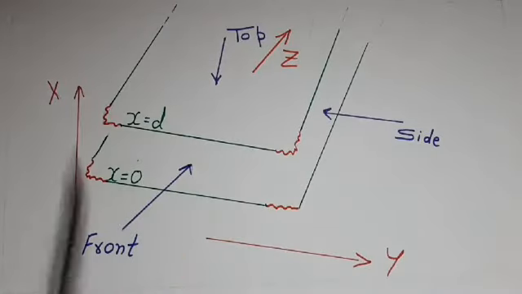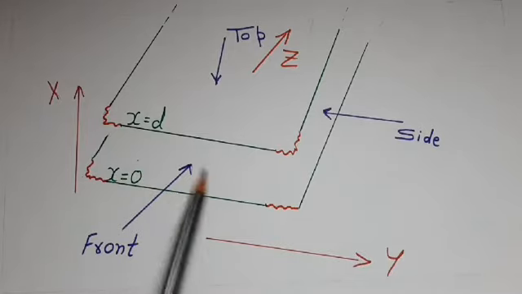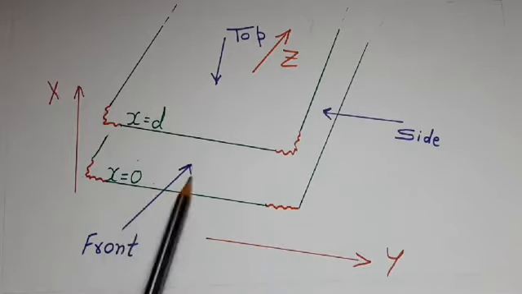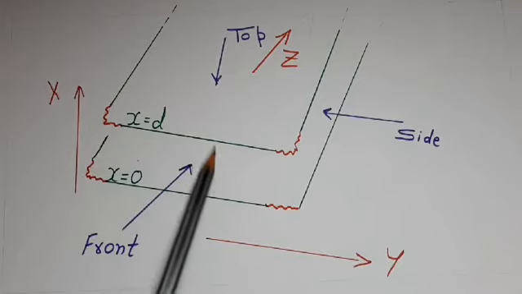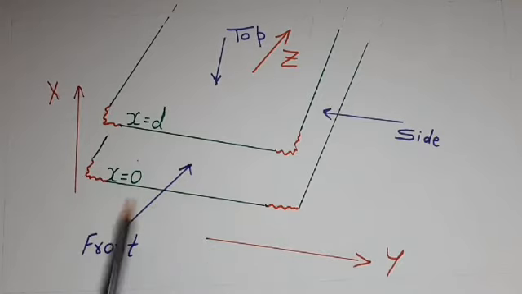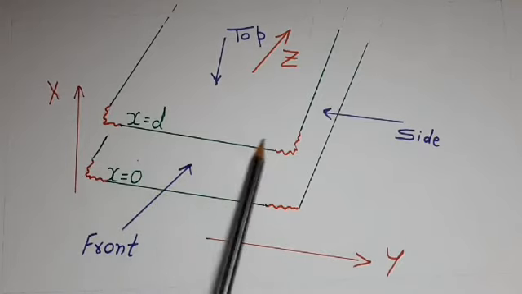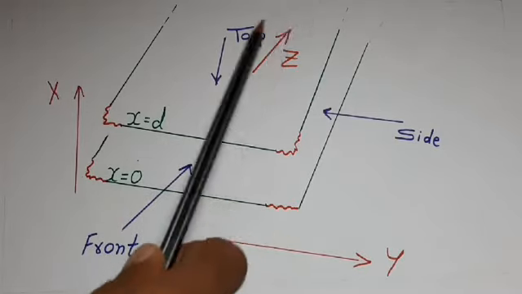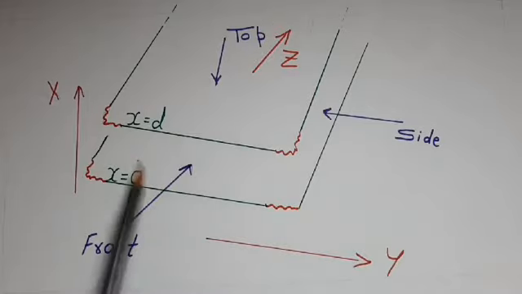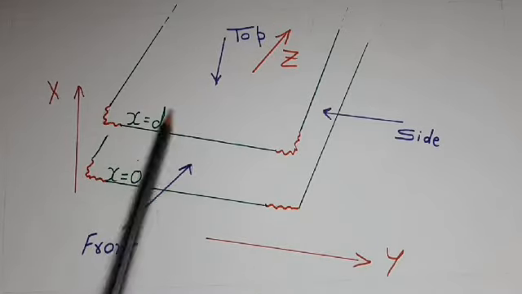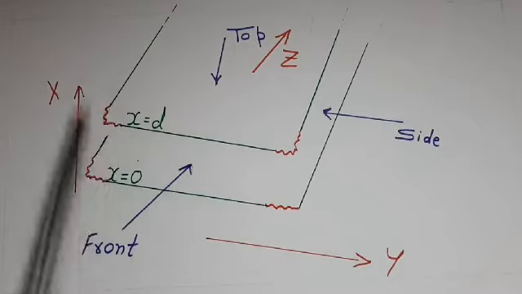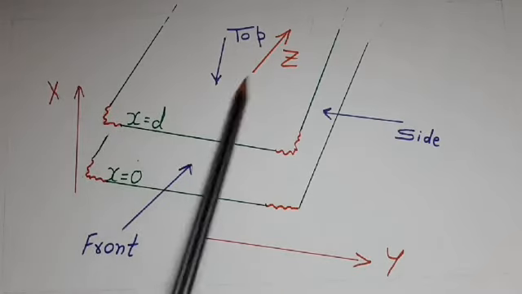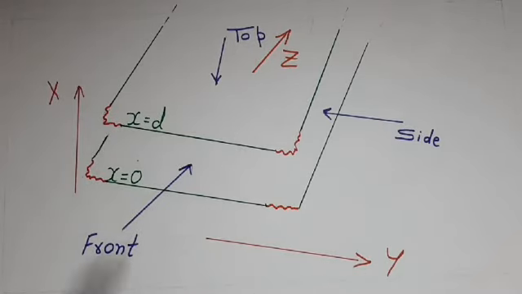In a parallel plane waveguide, generally three views can be applicable. Suppose this is a parallel plane waveguide. This is the first plane, which is of infinite area, this is the second plane, which is of infinite area, and this is the z direction in which the wave is propagating. This plane is at x is equal to 0, this plane is at x is equal to d. If this is the x direction and this is the z direction, then from the right hand thumb rule, this would be the y direction. Now here generally three views are applicable.